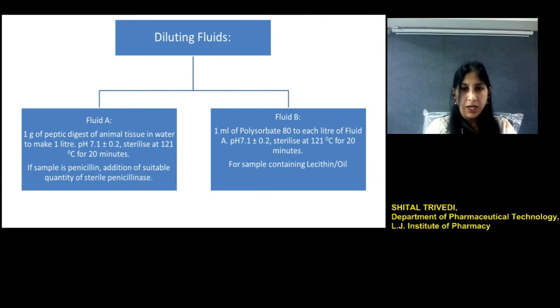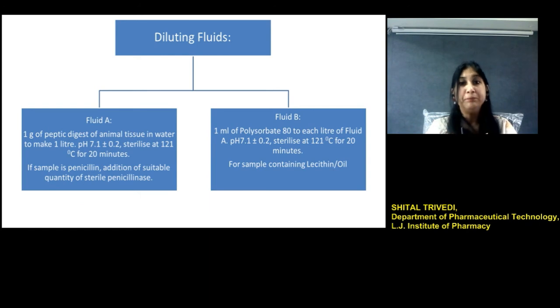So this can be diluting fluid A type or diluting fluid B type. When the product is of aqueous type, then diluent fluid A can be used, which consists of 1 gram of peptic digest of animal tissue in water made up to 1 liter. The pH is maintained at 7.1 plus or minus 0.2, and these diluting fluids are also sterilized at 121 degrees centigrade